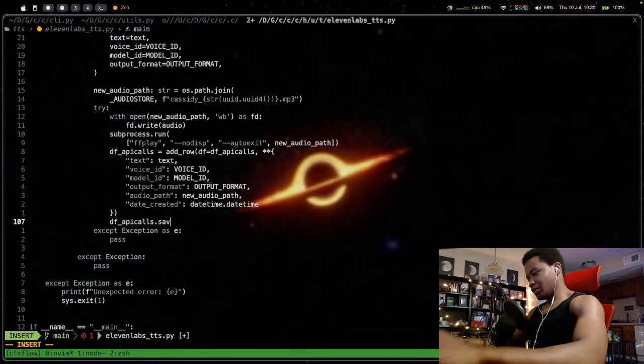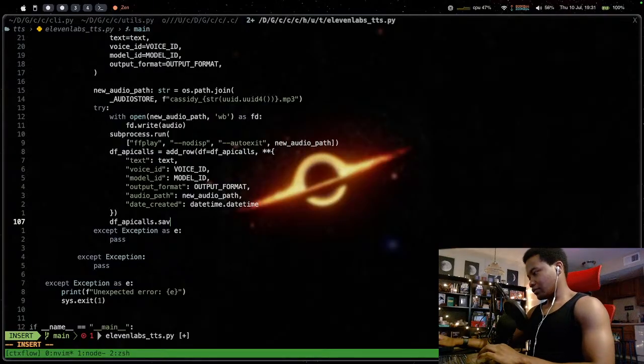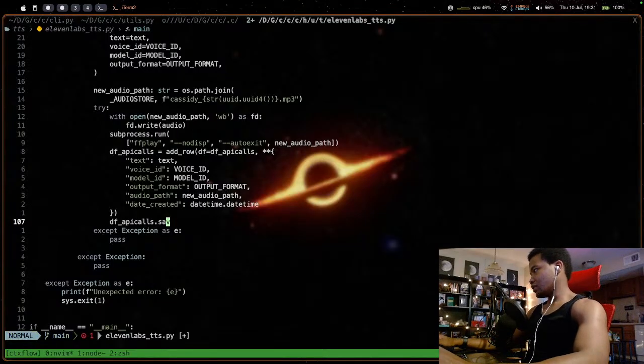Dude, I have been using docs less and less. Save function, pandas docs. Search menu. Oh, it's .to_csv. Implementing a save function typically refers to .to_csv. To CSV.